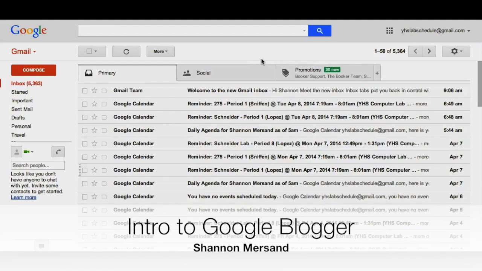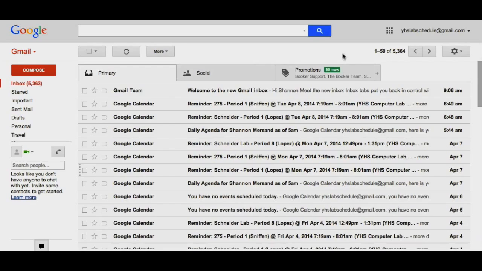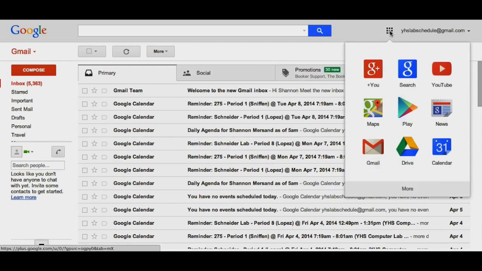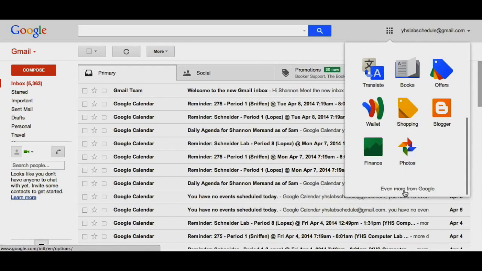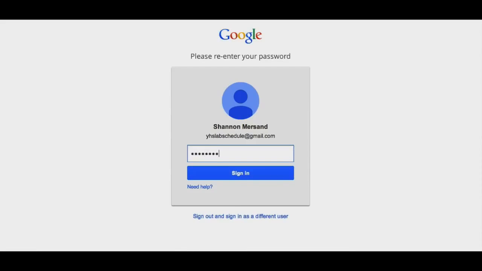You have a variety of ways you can get to Blogger. You can go to blogger.com and sign into your Google account, or if you're already signed into your Google account, you use your checkerboard in the upper right hand corner, and then you click on More and you click Blogger. You may be asked to sign into your account again,